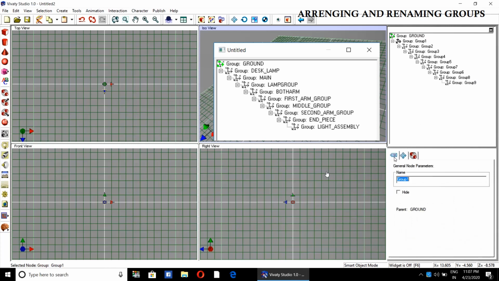Now we will rename all the groups so that we can easily identify these groups during the desk lamp creation. So the first group will be the desk lamp. The second group you may call the main group. The third group can be called lamp underscore group.